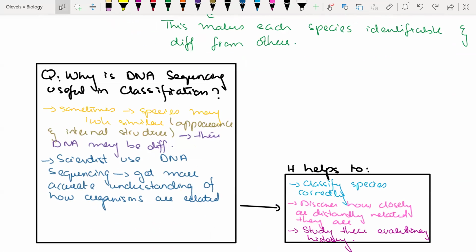Sometimes we know that species may look similar if we talk about their appearance and their internal structure,